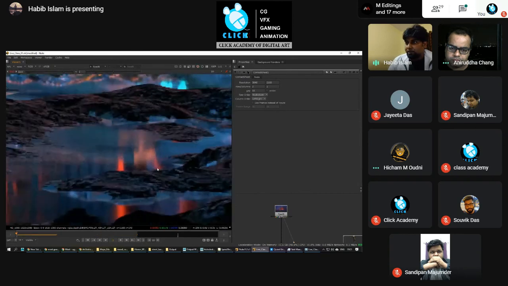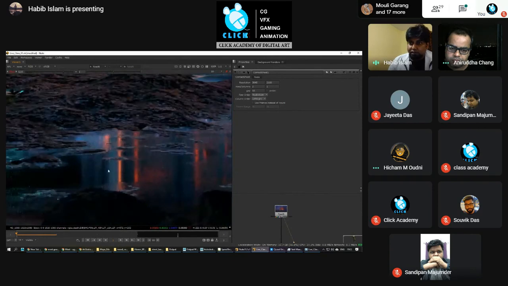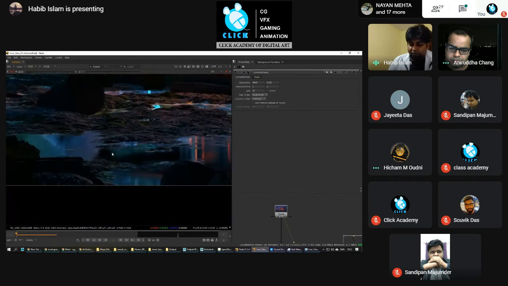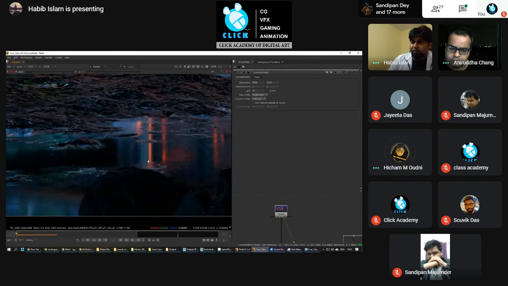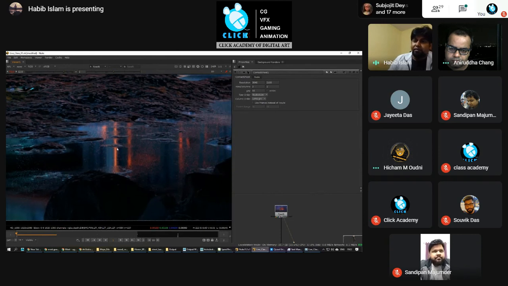There is some portion of the water with plain reflection, and some portion is hazy because the water is muddy. Some portion of the water is clear. See this area, this area is clear reflection, but in this area we don't see any clear reflection. So that is the roughness information of the object.